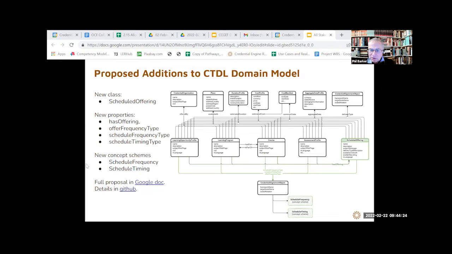So in order to gather all of this information up, we created an object called schedule offering, which can be described in much the same way as any of the things that can be scheduled are, and which you can also talk about the frequency. So to connect a course, for example, to a scheduled offering, we have a property has offering. Hopefully the next slide will show how these work. The next two slides are diagrams of what instance data would look like, the triple diagram similar to what we put into our handbook. So yes, move on to the next slide, please.